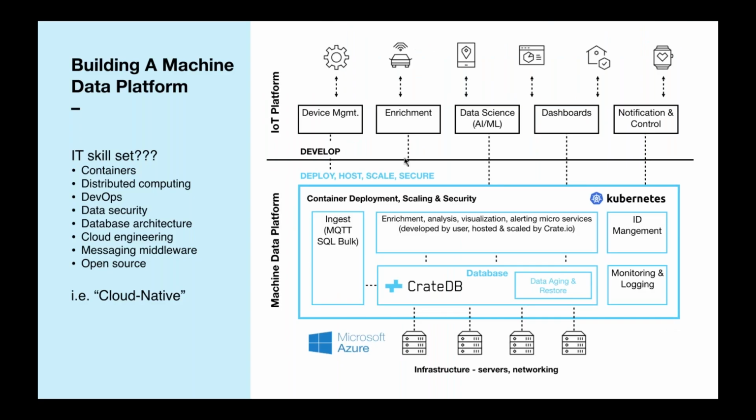So there's just a couple of thoughts on technology. This big scary picture is what the data platform for one of these operational brains looks like. This stuff in blue. No matter what database you put inside there, whether it's CrateDB or anything else, all this other stuff is going to be there, right? And to build this today, especially if you're building a cloud platform to integrate data across many factories, like ALPLA's done, across a global footprint of 180 factories,